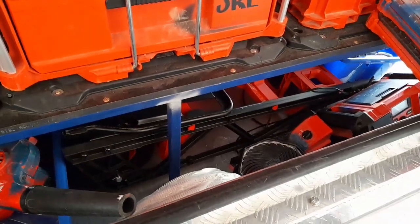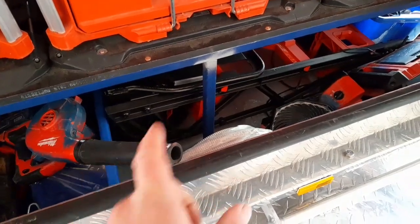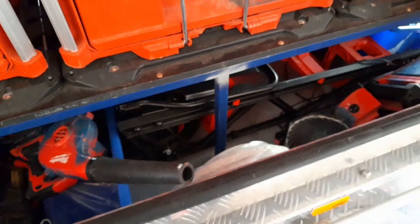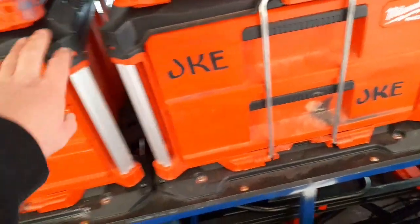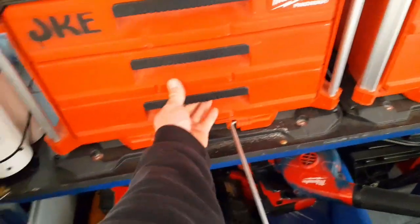But the wheelbase is smaller, so you've got to be a little bit more careful when you're moving this around. But yeah, when you go this route, then you can put drawers on the bottom, and you don't have to unstack everything to get to whatever. So usually I'll just put this set of drawers on the bottom, which is, to the left we've got